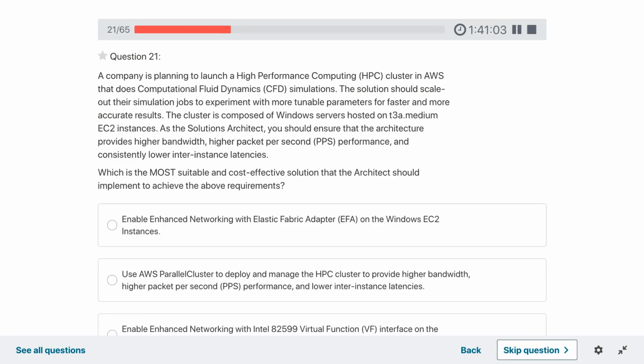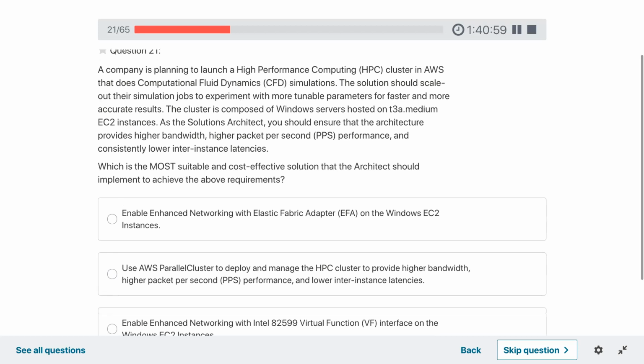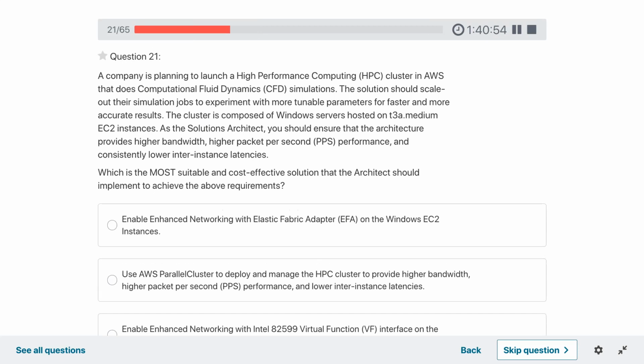A company is planning to launch an HPC cluster in AWS that does computational fluid dynamics, which is CFD simulations. The solution should scale out their simultaneous jobs to experiment with more tunable parameters for faster and more accurate results. The cluster is composed of Windows Server hosted on T3A.medium EC2 instances.